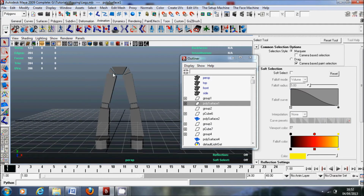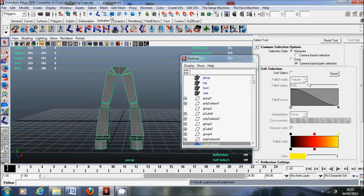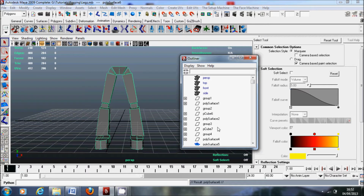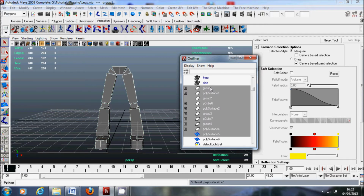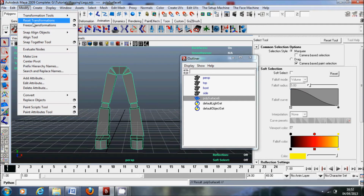So what we're going to do is select all our geometry, go Mesh, Combine, and then press Control D to duplicate, hit Polysurface 5 and Shift select all the way up to Group 1 and press Delete. And what that does is gives us a nice clean bit of geometry in the center of the scene. Now, to make sure that it is in the center, we're going to go Modify, Freeze Transformations,